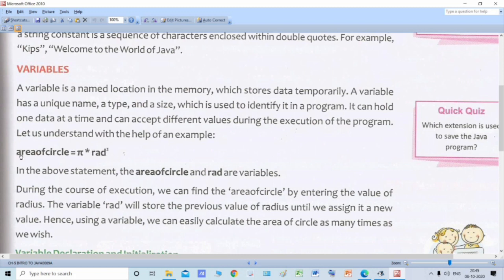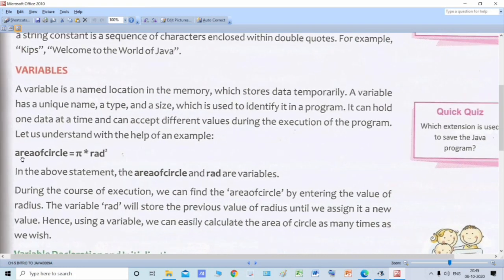This area of a circle that is written over here is an identifier, which is a variable. Why is it a variable? Because as soon as you change the value of this radius, its value will also change.